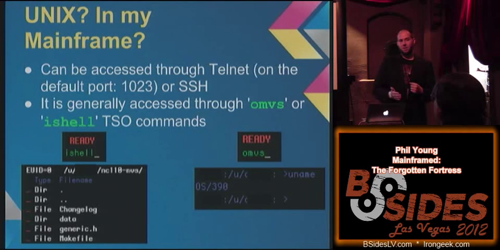To get access to Unix, you can either do it through SSH or Telnet if it's running, or if you have TSO command, you can just type OMVS. OMVS gives you a shell prompt. Here I just ran uname. Or iShell. iShell is essentially a file browser for the Unix file system that's running on the mainframe. So you can edit the files in there. The same editor as the other one that was running in ISPF. It's just called iShell.